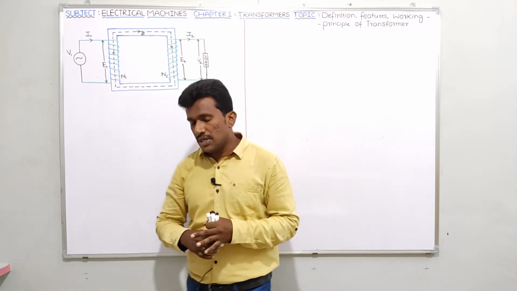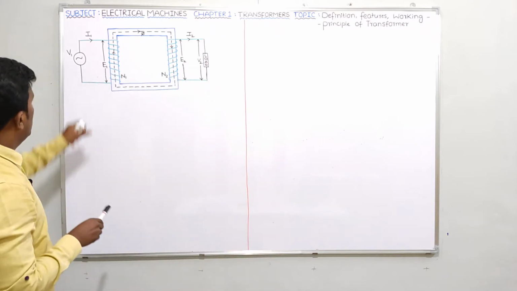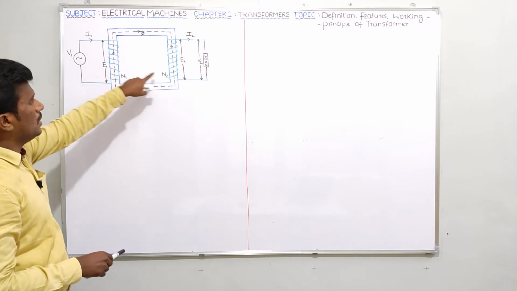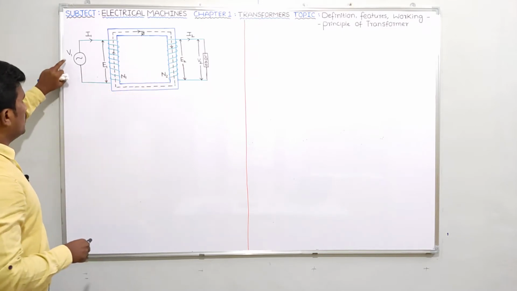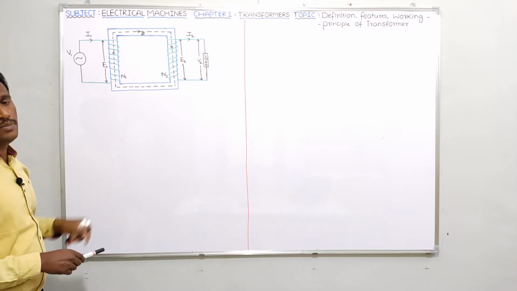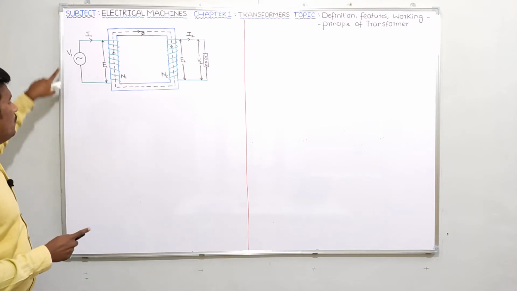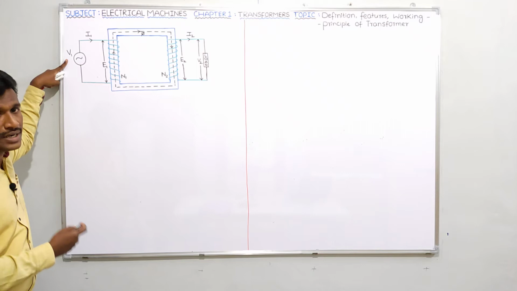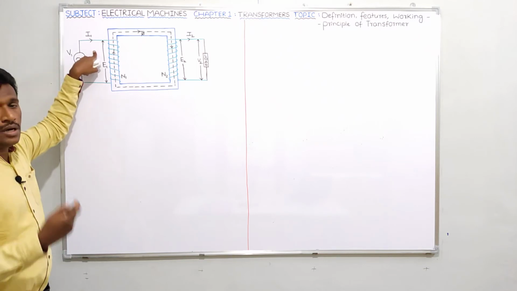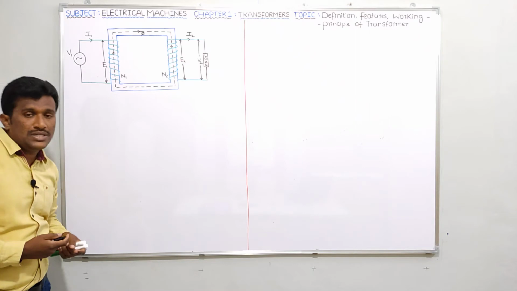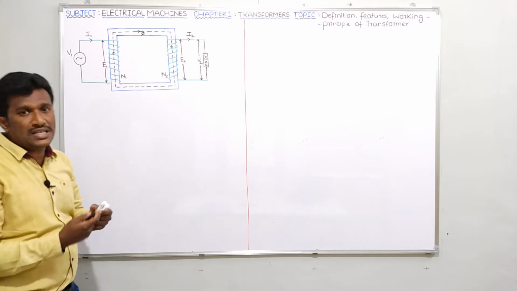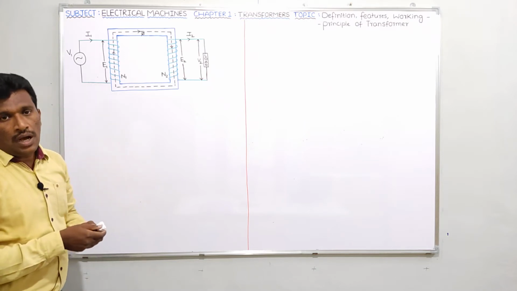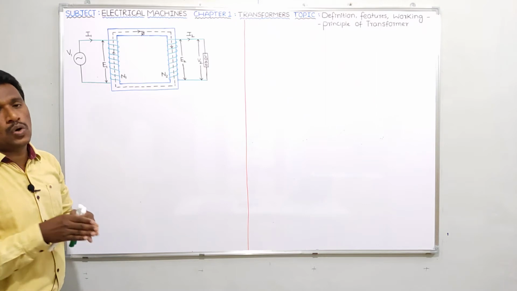So in this figure, please see guys. I had taken a primary winding and a secondary winding. The primary winding has number of turns N1, the secondary winding has number of turns N2. The supplied voltage is V1. Generally which type of supply is given to a transformer? Time variant supply, nothing but an AC voltage source connected to the primary winding. Then immediately the transformer will take one current. What is that current? Imu, called the magnetizing current. That name itself suggests it is used to magnetize the transformer core, or to produce flux in the transformer core. Is it clear?